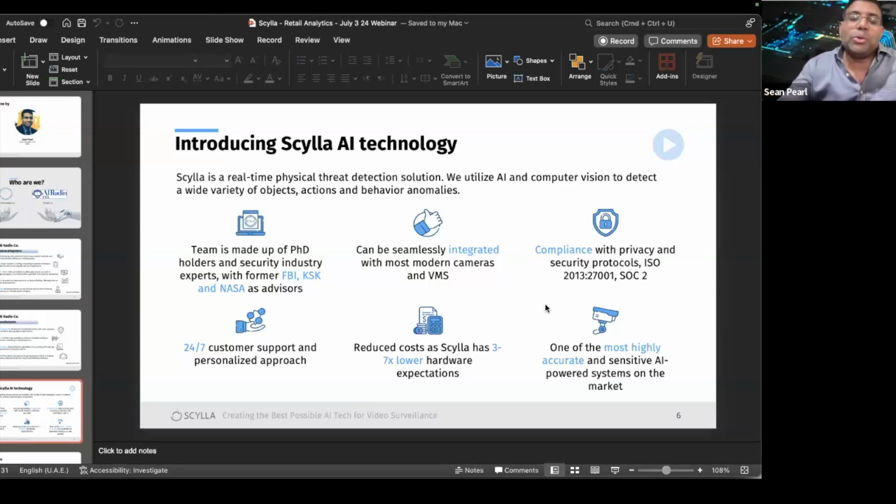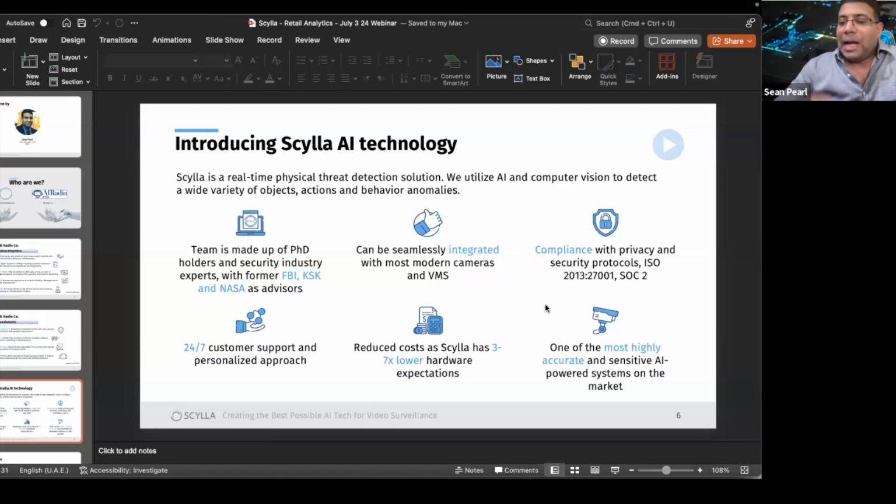Also, you would have heard of a lot of different vendors offering analytics on the edge, on the cameras. Now, this is okay up to an extent, to be honest, because when you talk about video analytics, there is a lot of processing involved. There is only so much that a camera with a small chipset can do on the edge. If you're looking for solutions that are more accurate and more efficient, you have to look at dedicated hardware to run these applications. And that's exactly what we offer with our Asteria boxes.